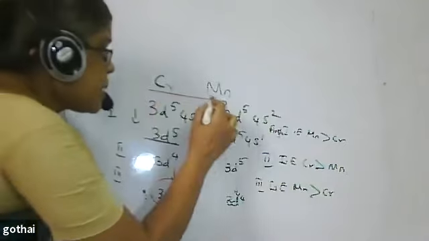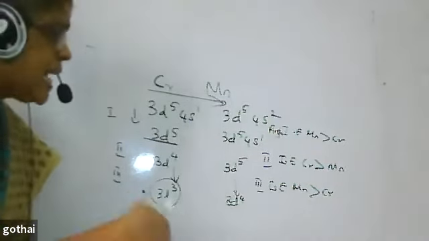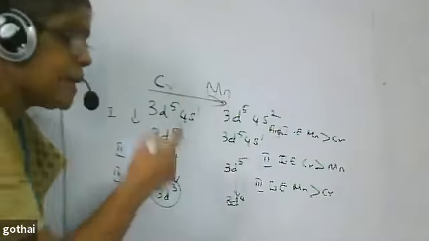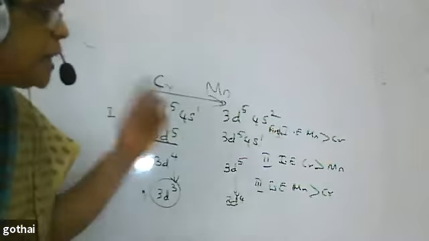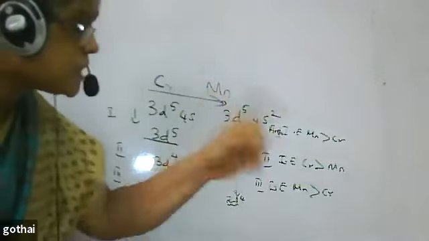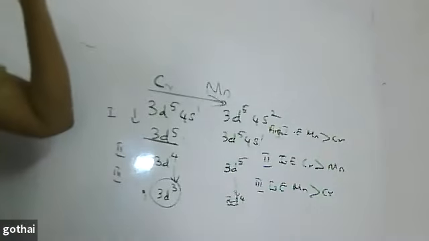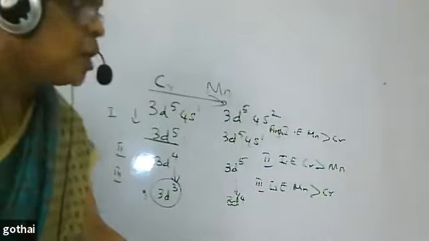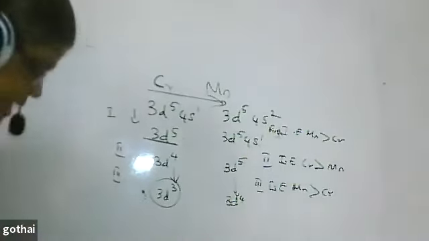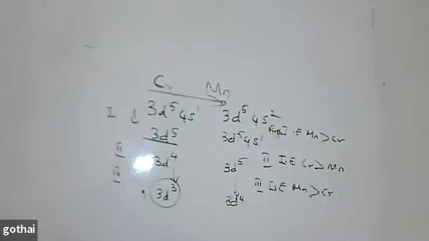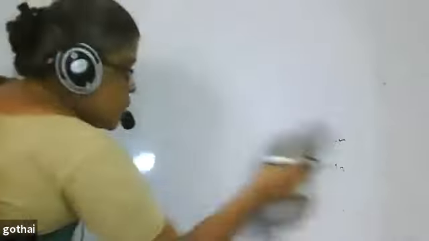But here, what am I comparing? I am comparing the size. But in other cases, size doesn't work out. Then electronic configuration also plays a role, because you might have studied last year that ionization enthalpy not only depends upon the size, it also depends upon the stability of the electronic configuration. So you have to check that too. If they give some odd questions regarding ionization enthalpy, immediately check with your electronic configuration.